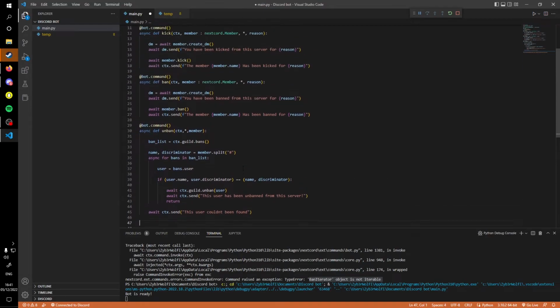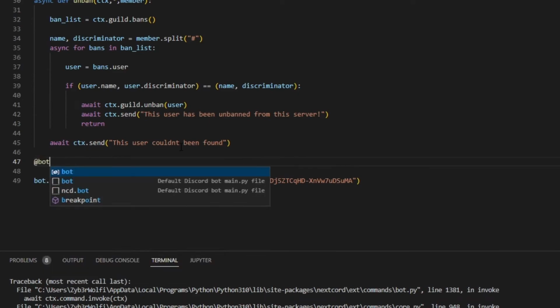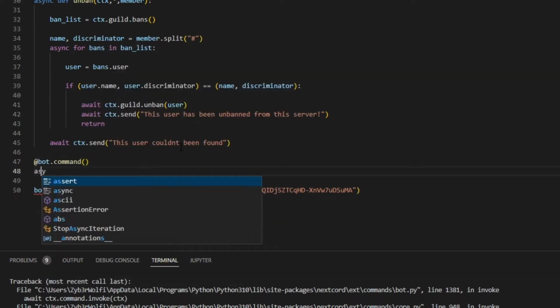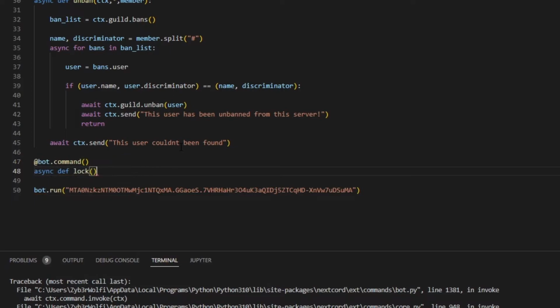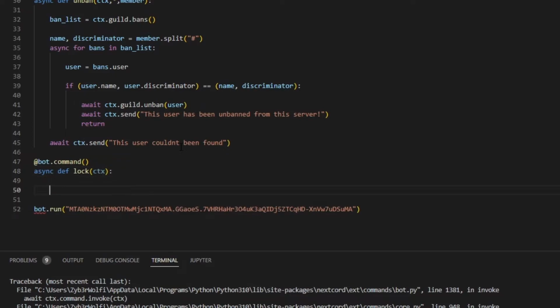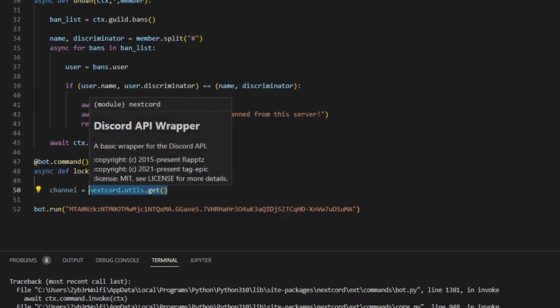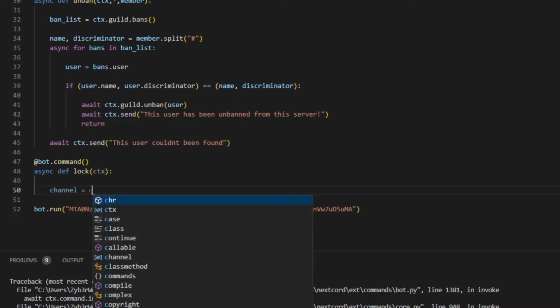So the next command I'll be talking about is the lock channel command, which will basically lock a channel if a raid happens or you need to do something. So let's once again create a new command, and this time let's call this command lock, open bracket, and we only did ctx only for it and nothing really anymore. And then afterwards we need to first get the current channel that we are in. To get this, we can do channel is equal to discord.utils.get, open bracket. Actually, I just realized you don't really need this. I was just thinking about roles, but if you do ctx.channel,